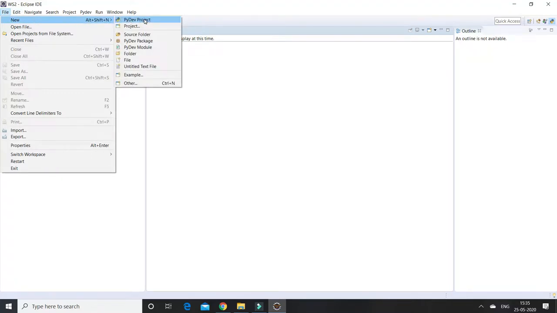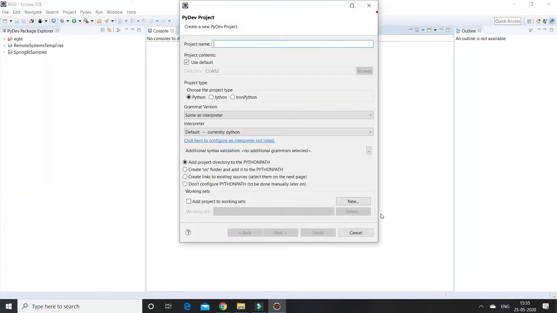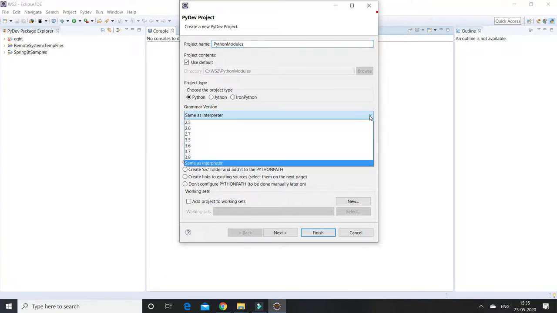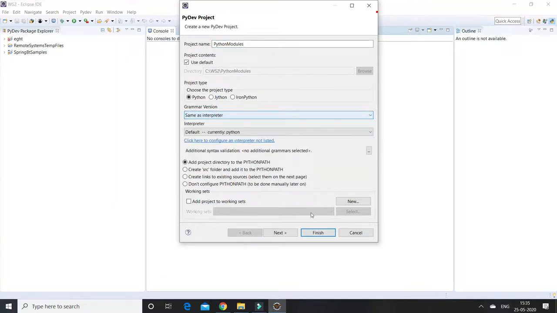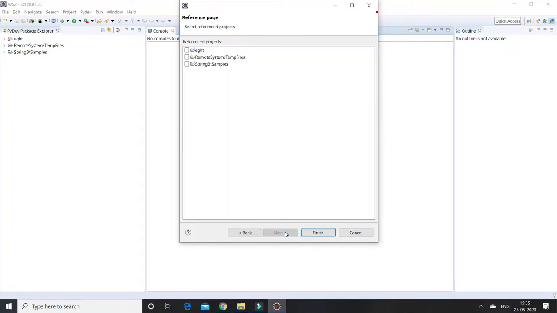PyDev project. You can give it any name. I'm going to show you Python module. You can use the same interpreter, because it is the 3.8 version, the same interpreter I'm using. So click Next, Finish.